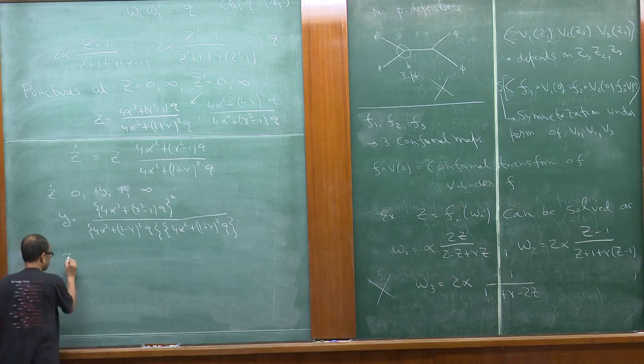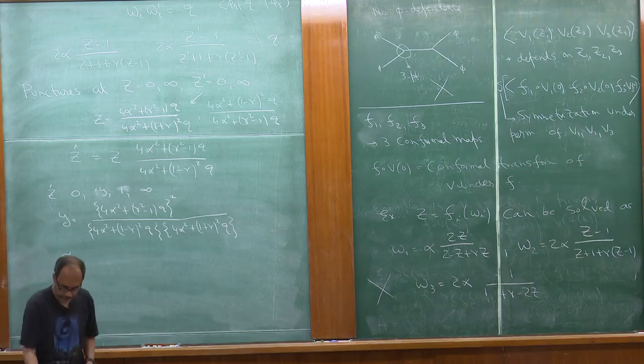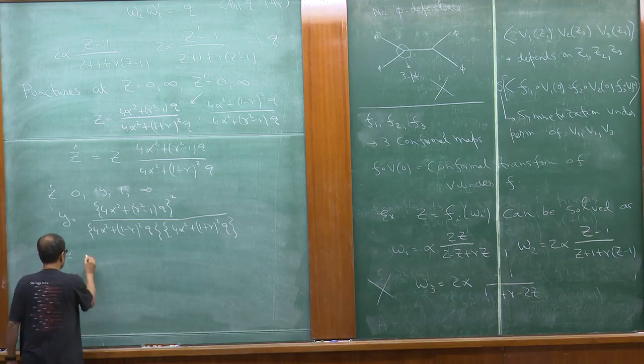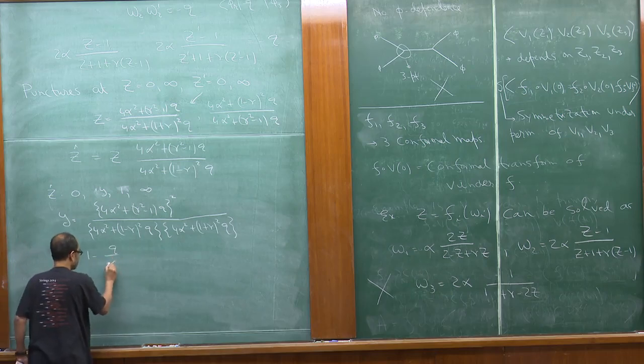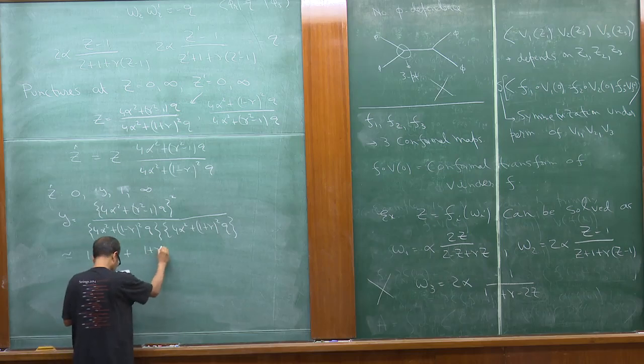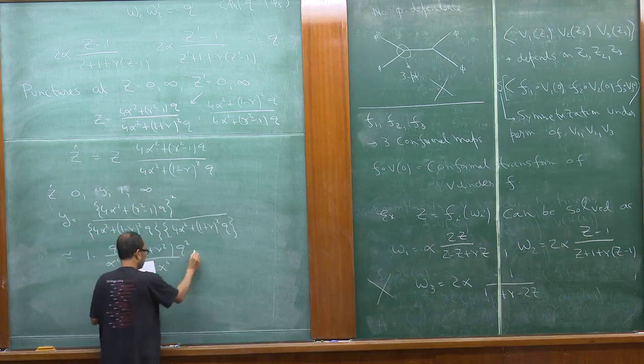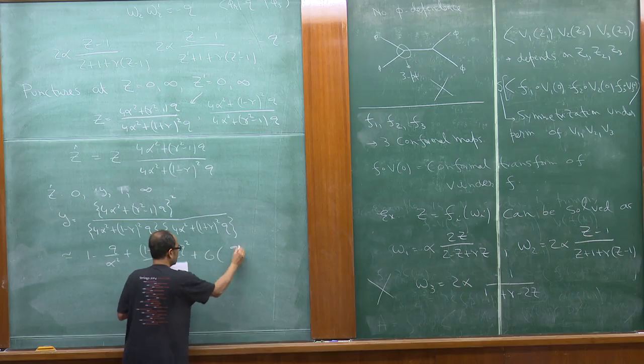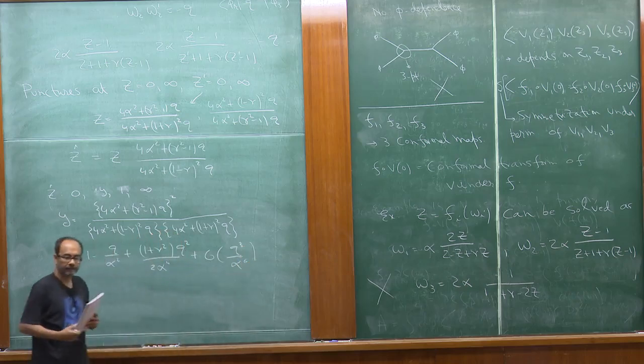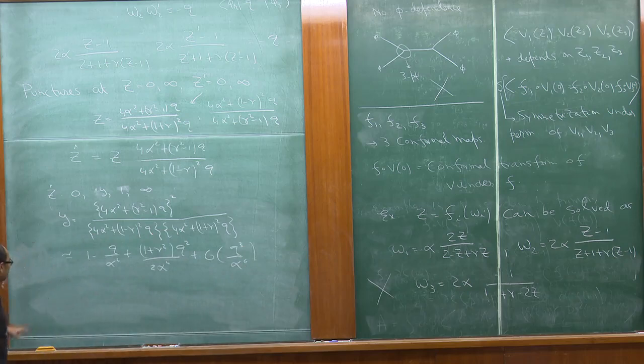So, this for large alpha is 1 minus q by alpha square plus (1 plus gamma square) q square over 2 alpha to the 4 plus order q cube over alpha to the 6. Okay. So, you see that indeed y is close to 1, but less than 1,